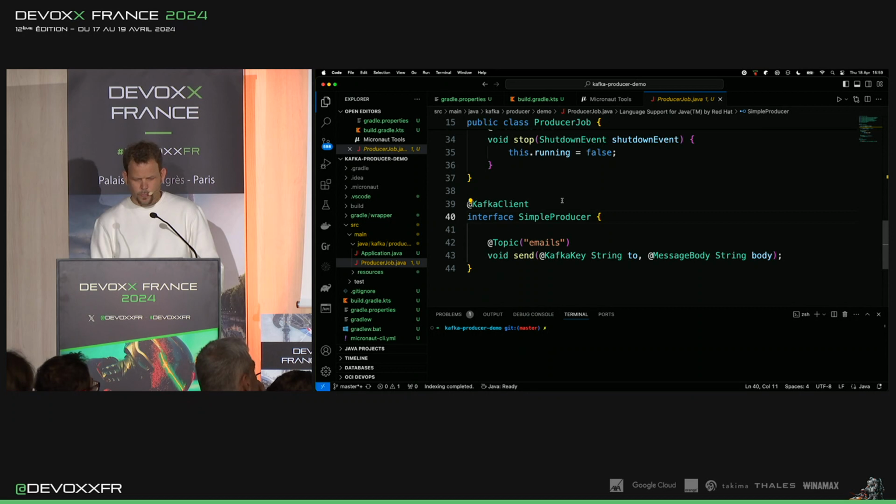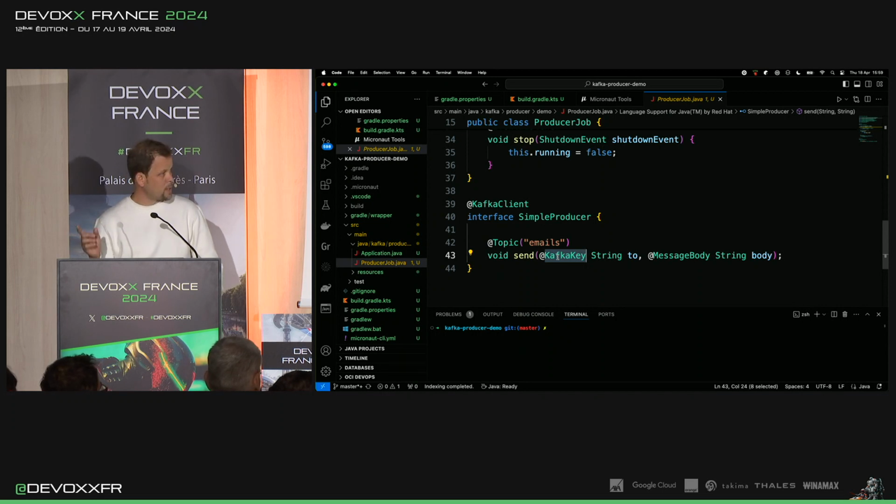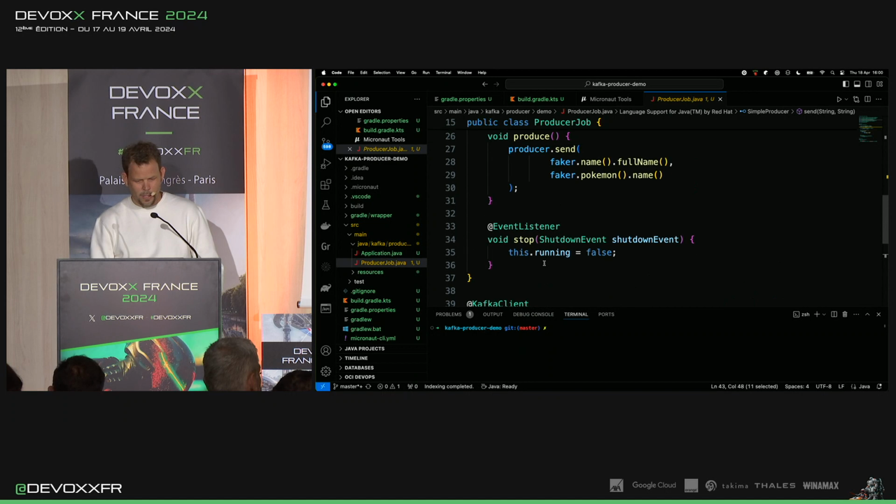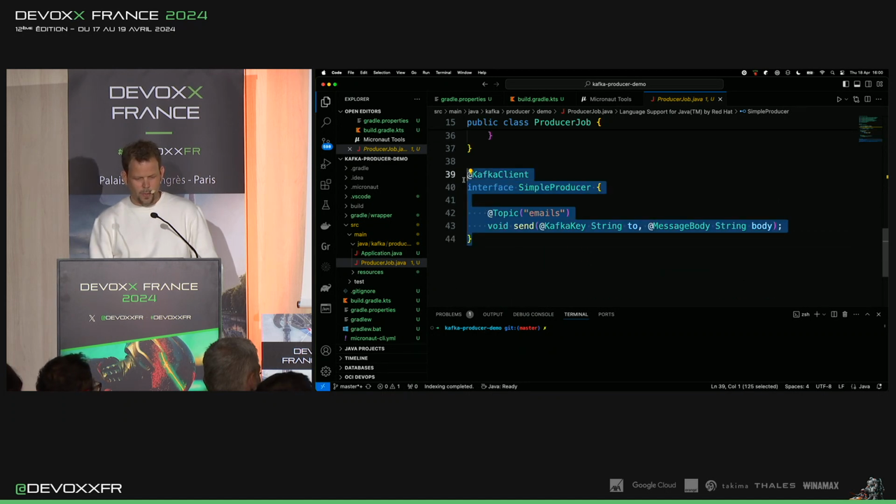Kafka client. And Micronaut lets you declare Kafka clients on interfaces and annotate a method with @topic, with a particular topic you want to publish to. And then on the arguments, you can specify the Kafka key and the body of what you're sending. And Micronaut will deal with all the logic of actually sending out the Kafka message with the producer and managing the producers and so on and so forth. So you can, of course, use the native Kafka API if you want, and you inject producers directly and do whatever you want. But this is a very slick way to